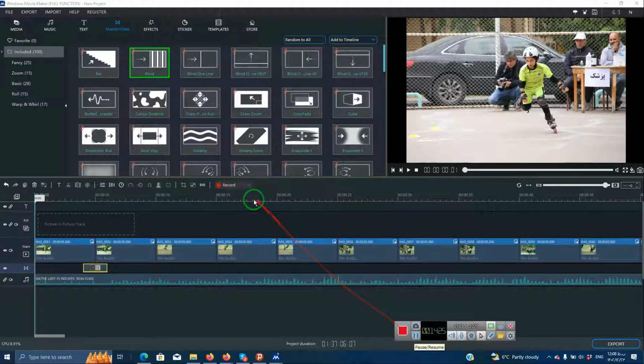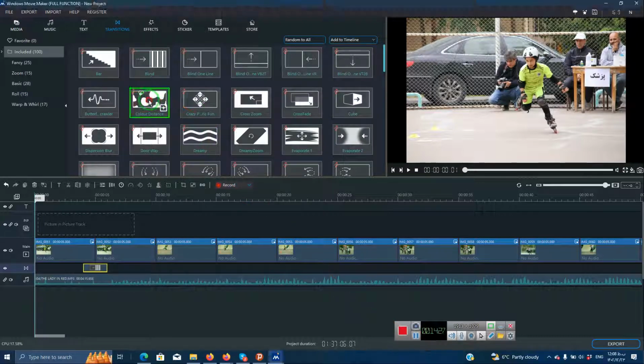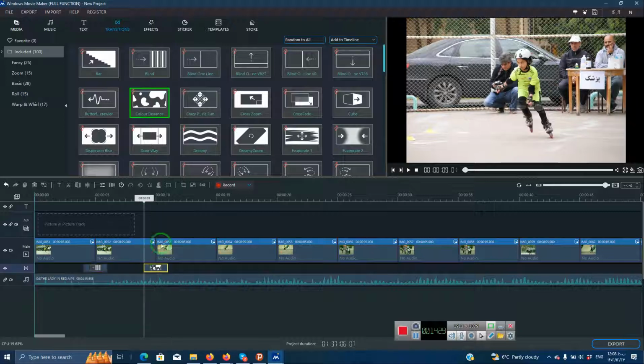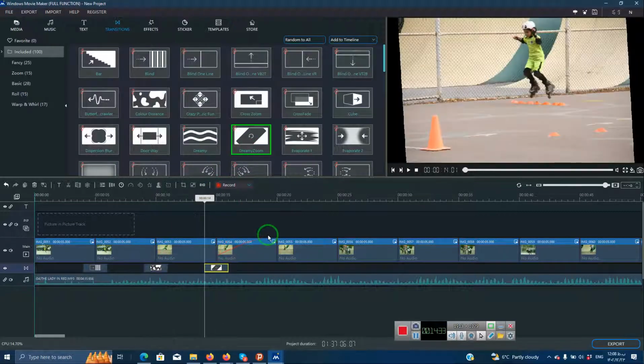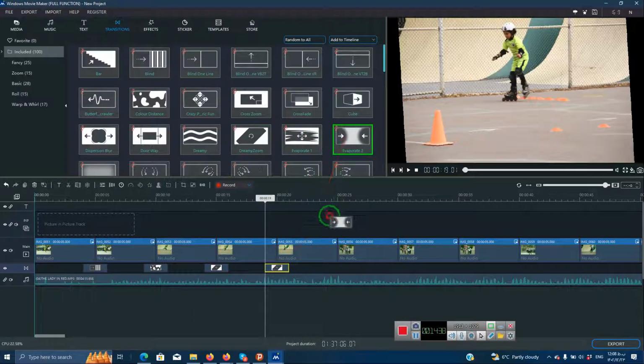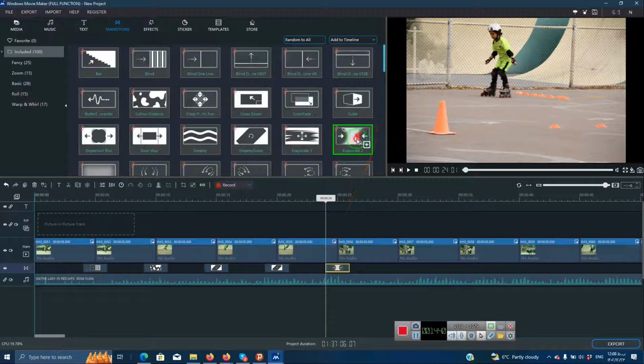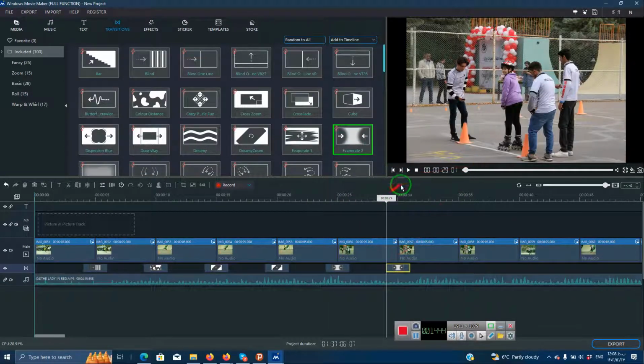For the transitions also, you can drag and drop on all of these transitions exactly between two photos like this. And then you will see that while playing the movie, for example, let me see,